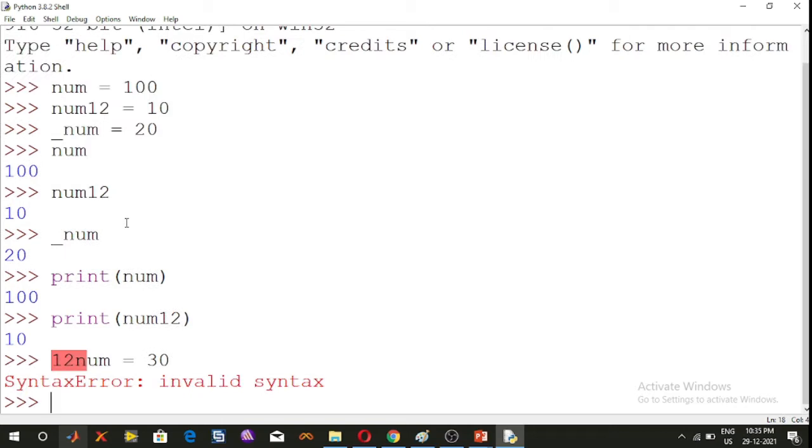It will display a syntax error. So Python variables must be made of letters and digits, so don't start with a number initially. When you start a variable name with 12, it will display a syntax error. So this is an invalid syntax.